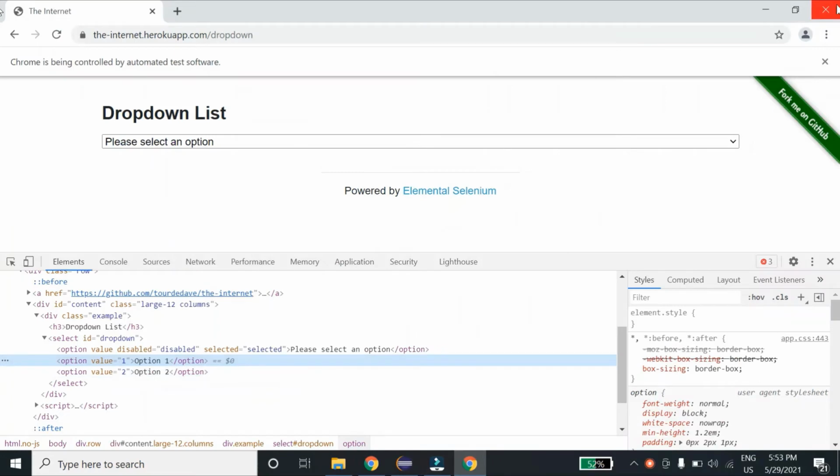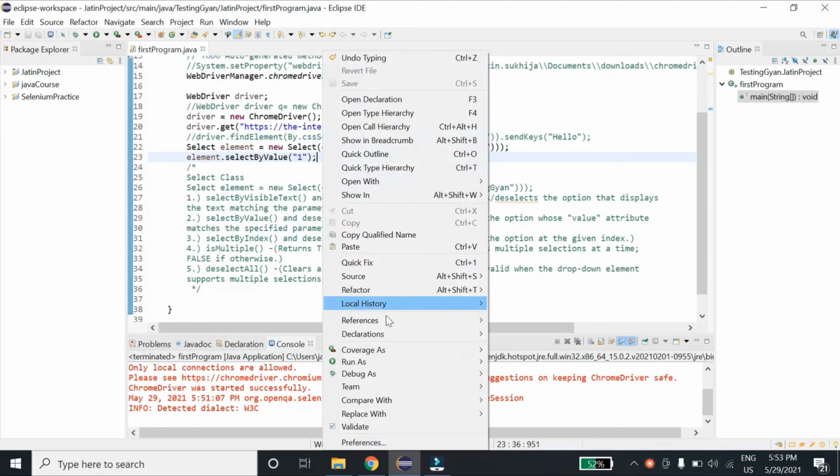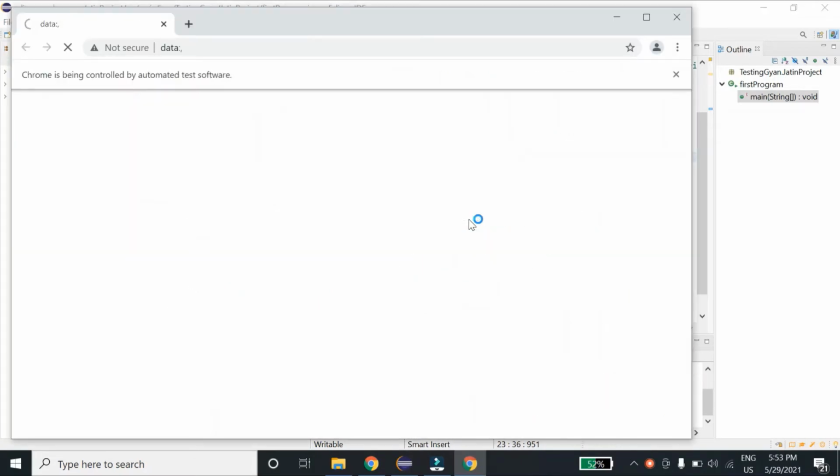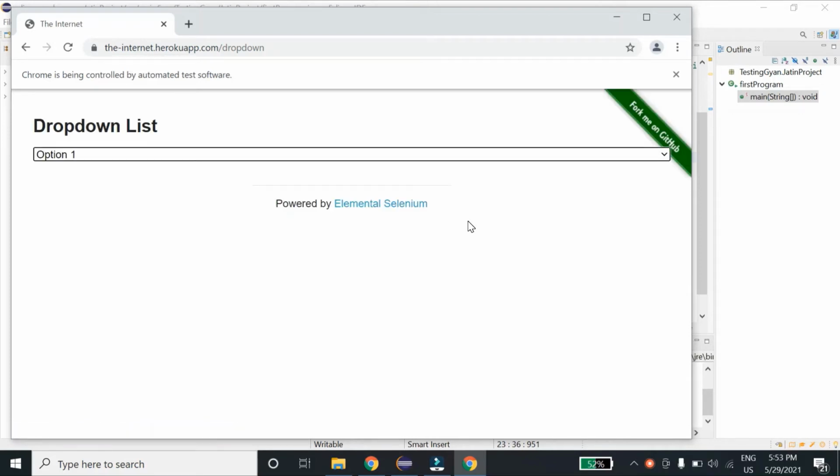Let me close this and run it again. As you can see, it opened the website and it selected the option which is there at value 1.